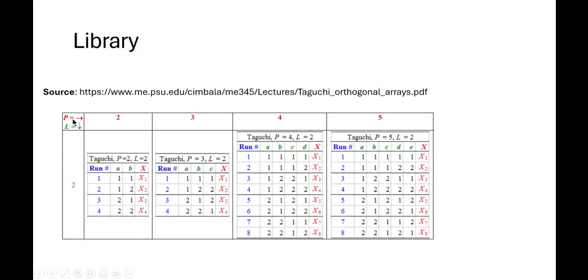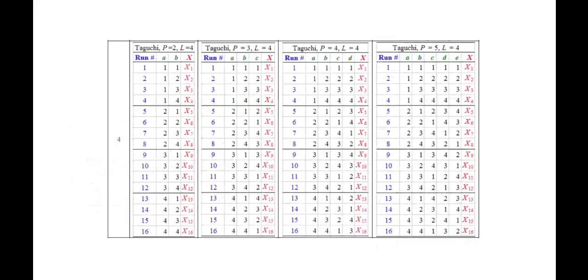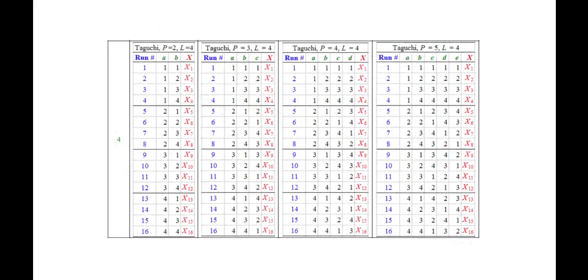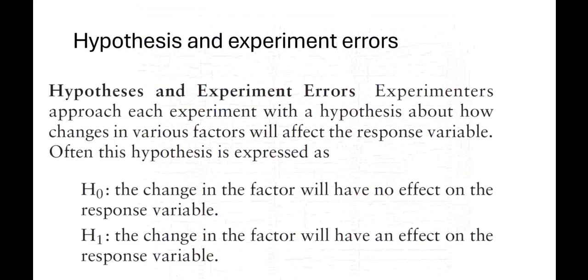Yeah, but we have multiple fractional factorial tables that depend on the type of the problem. So how many parameters, how many levels do you have? For example, here you see that there are 2 parameters or factors with 2 levels. Here we have 3 parameters, 2 levels. So this way you have multiple fractional factorial tables that you can use depending on the problem. Okay, this one I finished the fractional and full factorial analysis problems. Then we will talk about the hypothesis.